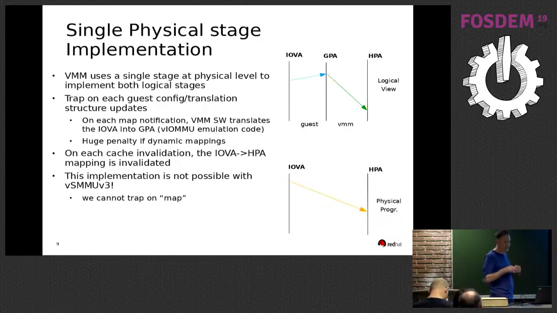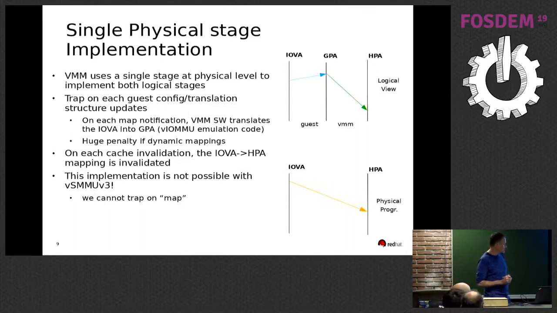Now, when the guest destroys a mapping, it sends invalidation commands to clear the IOTLB entries that correspond to this mapping. This is trapped by the virtual machine monitor. And so we invalidate the IOTLB at the physical level. Okay, this is the way it works. Currently, when your hardware only supports one physical stage, and historically, this is the implementation used for x86 DMA remapping integration. So for the implementation of the virtual IOMMU together with VFIO.